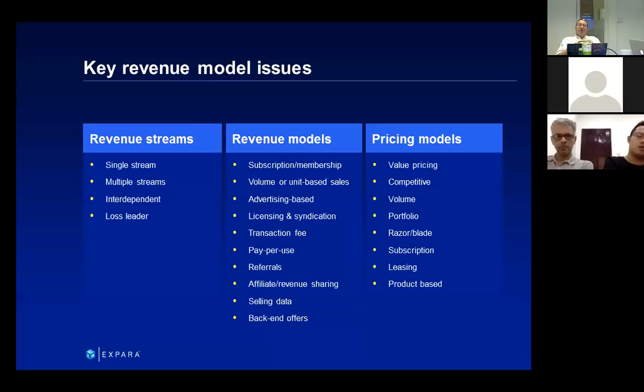Another very interesting recurring revenue model that we can look at is this razor and blade model, which I think we might have talked about before also. Gillette sells razor handles one time and then sells recurring blades. If you can shift your revenue from one time to recurring, it's a very positive direction for your revenue model.